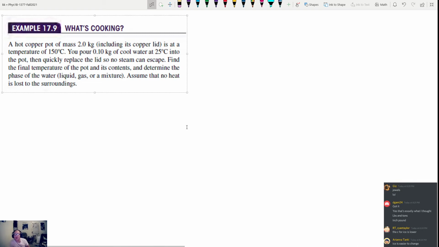All right, a hot copper pot of mass 2 kilograms, including its copper lid, is at a temperature of 150 degrees Celsius. You pour 0.1 kilograms of cool water at 25 degrees Celsius into the pot, and then quickly replace the lid so no steam can escape. Find the final temperature of the pot and its contents, and determine the phase of the water, liquid, gas, or a mixture. Assume that no heat is lost to the